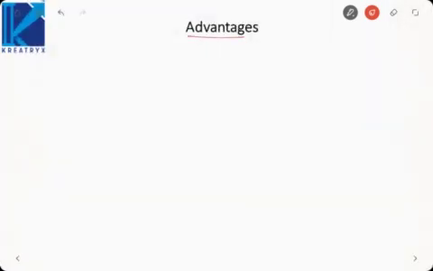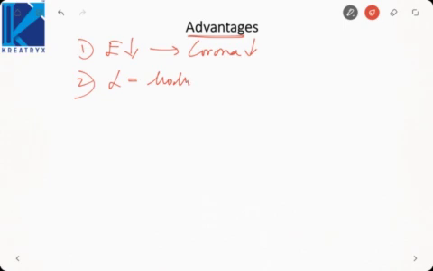Now let us see what are the advantages of using bundled conductor. First and foremost advantage, electric field reduces, so corona reduces. Second, inductance is now mu naught mu r by 2 pi ln mutual GMD by self GMD, and we know self GMD is greater than GMR. So inductance reduces, because inside the log the denominator is increasing. Earlier there was GMR, now it is self GMD, and as I proved, self GMD is always greater than GMR,